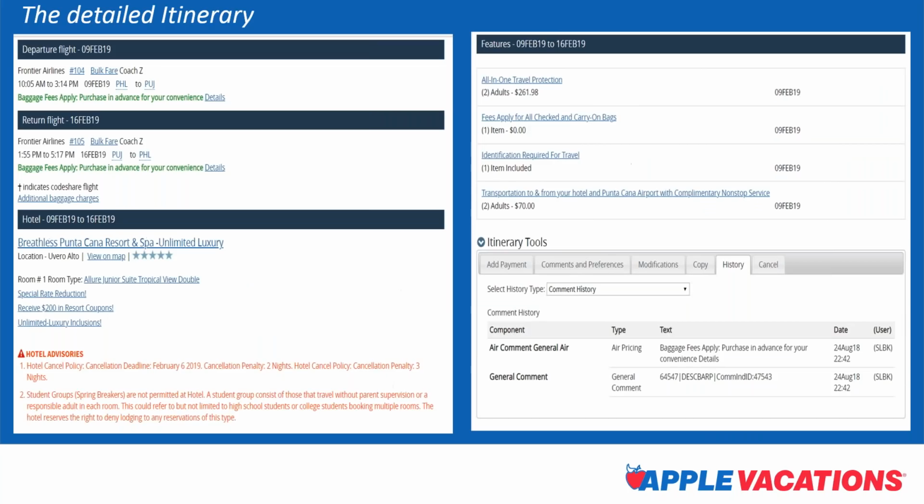So let's take a look at that itinerary. And this, again, if you're familiar with the itineraries that are available in Apple Online, you'll see this is much cleaner, much better organized. It's another nice feature of VAX that you have your flight information. Again, there's that green verbiage, so we know that they are charter flights, and that means you're going to earn your full commission on that air portion as well as the land. There's the hotel information. There's even hotel advisories that are flagged in red. There's information about the travel protection.